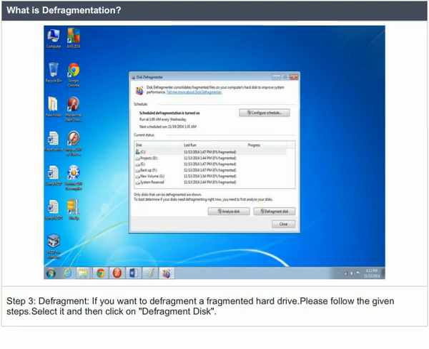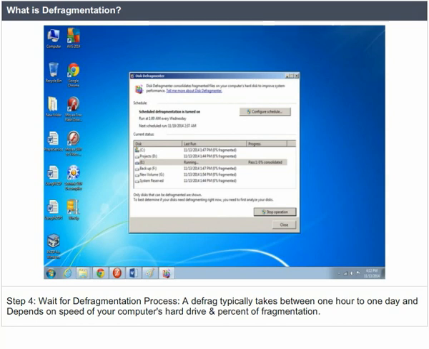Step 3. Defragment. If you want to defragment a fragmented hard drive, please follow the given steps. Select the hard drive and then click on Defragment Disk. Step 4. Wait for the defragmentation process. A defrag typically takes between 1 hour to 1 day and depends on speed of your computer's hard drive and